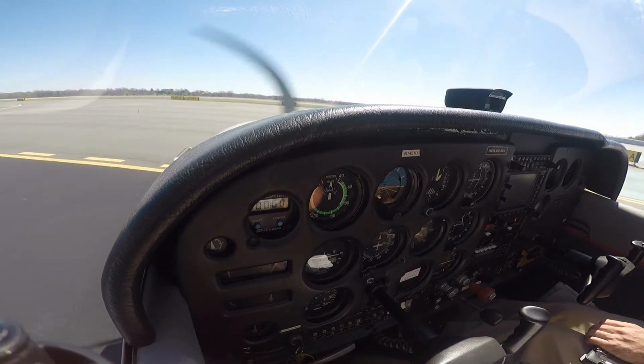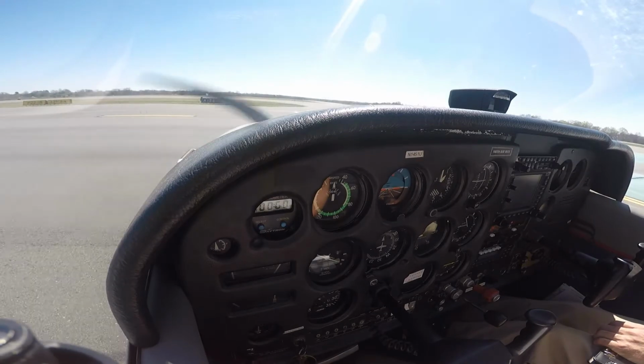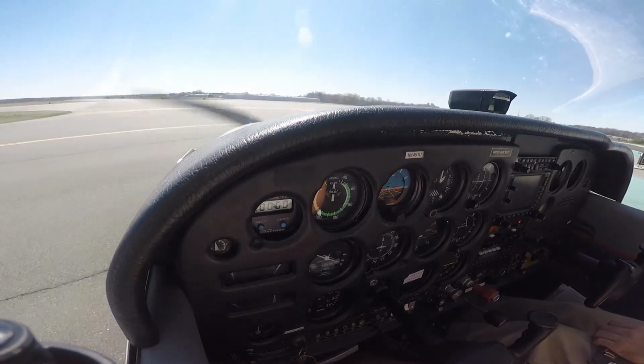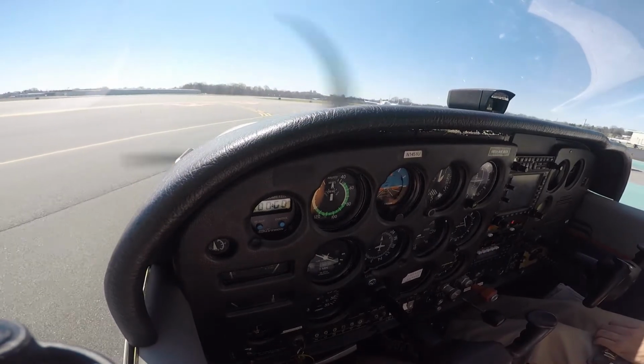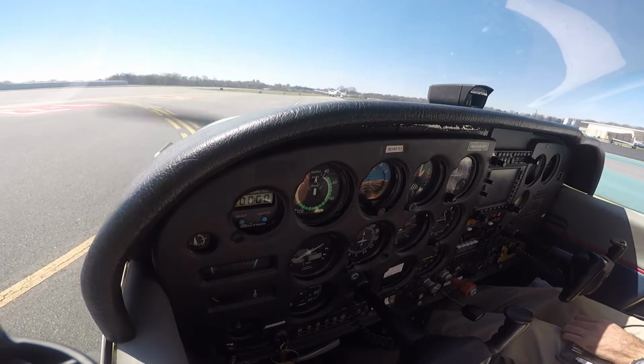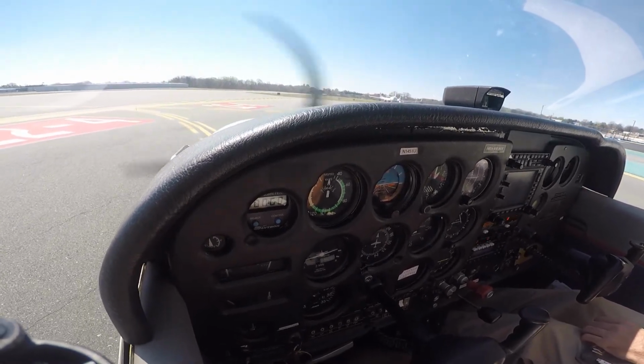But we'll have a little bit of crosswind, I guess. Very, very little. Not as bad as the other day. Could be worse. Yesterday would have been a bad day. Yeah. Pretty clear up today, too. Yeah, Wayne said it was a little bumpy, but Cessna